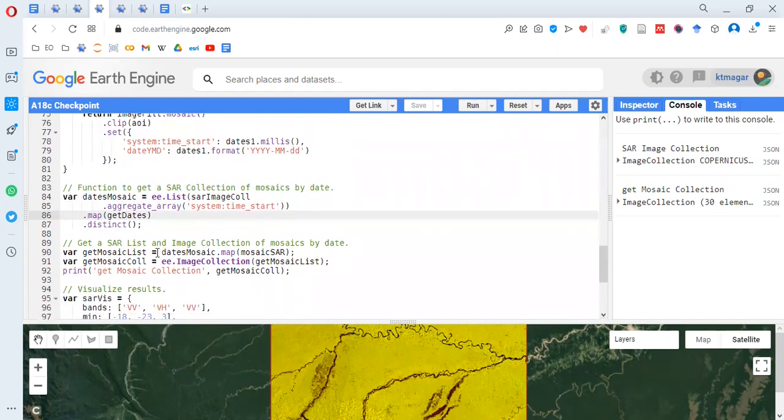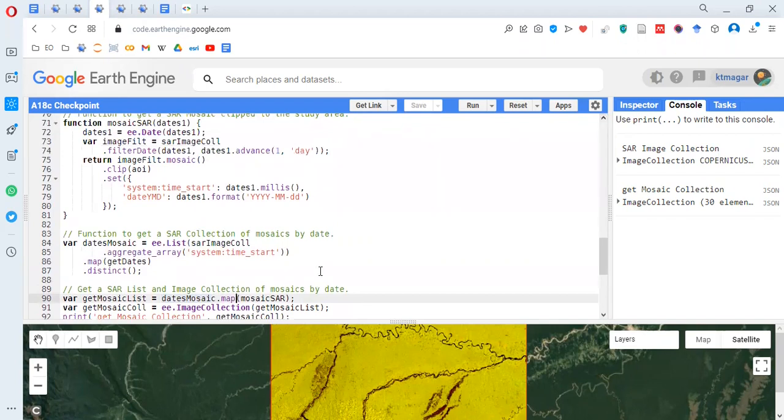And then we see this dates mosaic is mapped with the mosaic SAR. This is the other function to get the images,